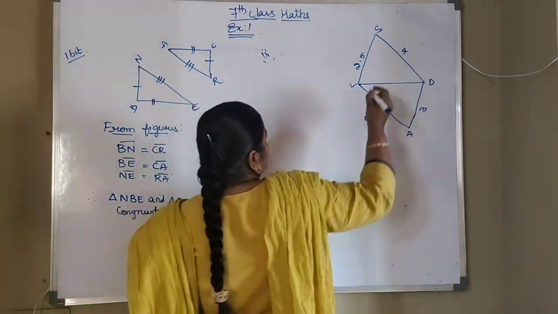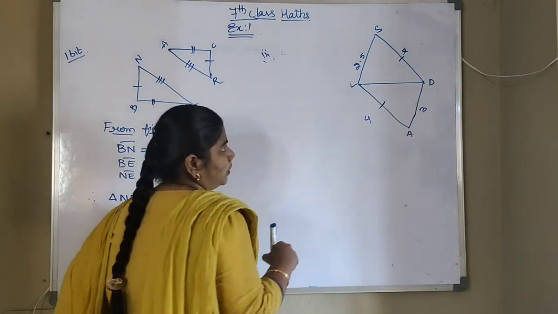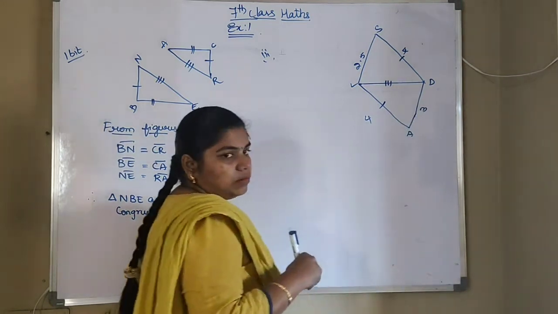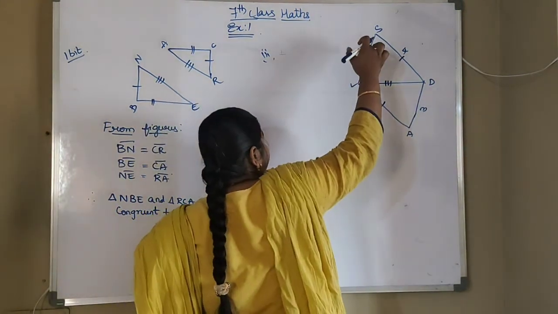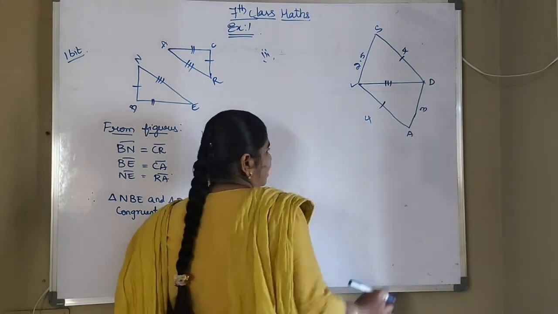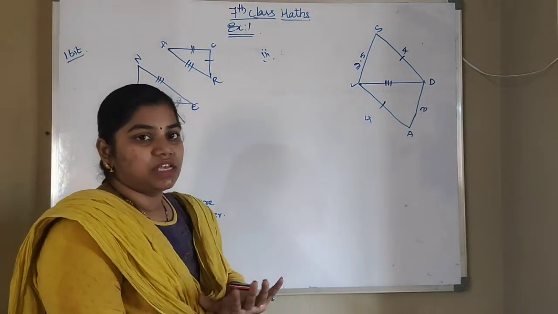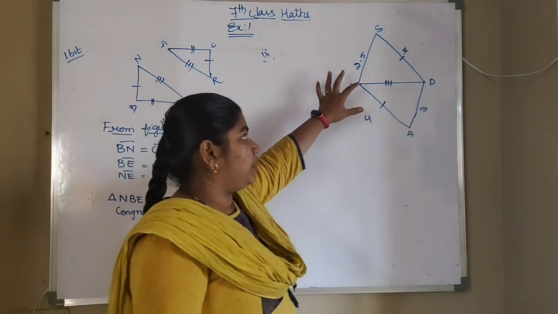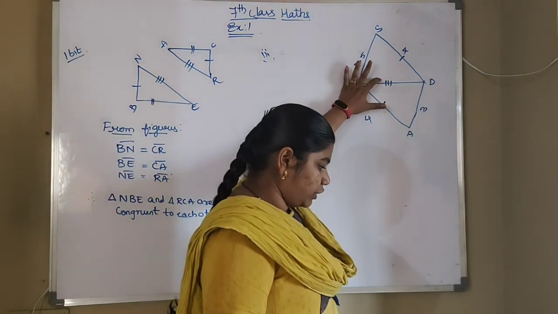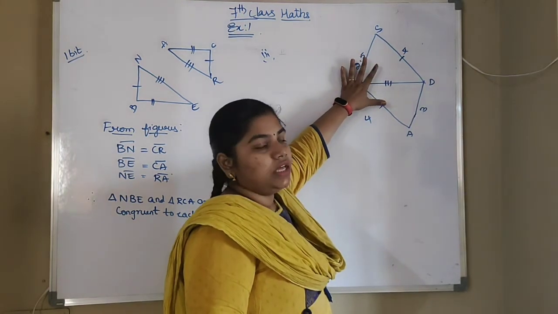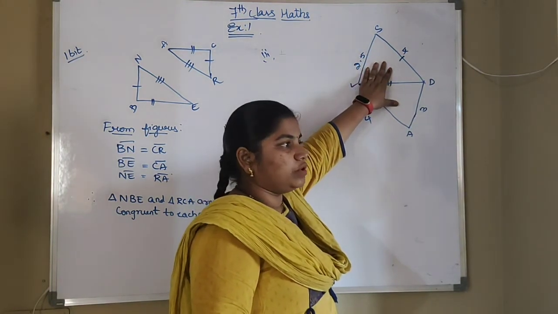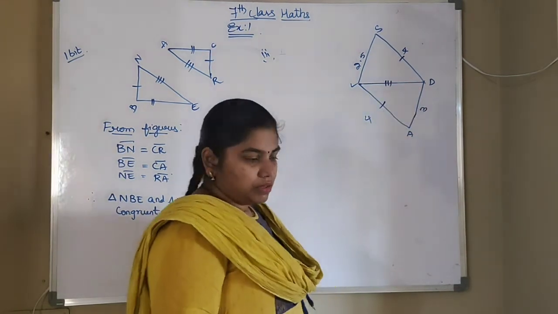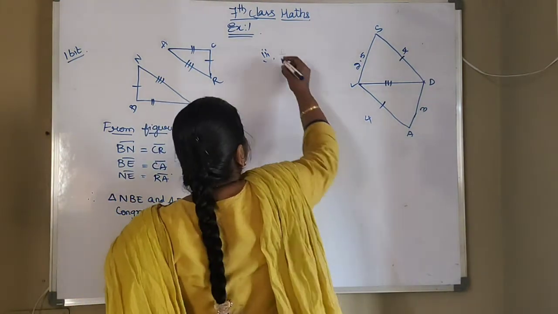First you check here. So this is 4 centimeters, this is also 4 centimeters, so they are equal. So this base is same, so that will be equal. Okay, now this is 2.5 centimeters, but here they have given us 3 centimeters. That means they are not having same size. So what we can tell? We can tell these two triangles are not congruent to each other. Okay, so these two triangles are not congruent to each other because here it is 2.5 and here it is 3 centimeters. Now write the reason from the figure.